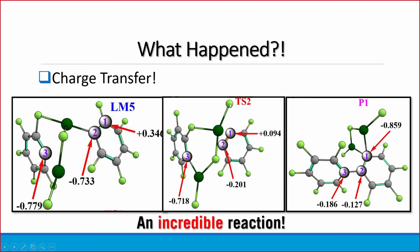magnesium is able to rip off a fluorine, and ultimately these separate. So we now have two molecules really, and we only have one Grignard reagent remaining, a Grignard reagent and an aryne. Now the aryne is reacted upon by the Grignard reagent, and what happens is the nucleophilic center, the charge center, transfers from free to 1. So now we have a new Grignard reagent. So the charge transfer happened basically free to 1. So as we form the bond of free and 2, we transfer our electrophile onto 1, and we re-prepare a nucleophile. So we've regenerated the nucleophile, we've made a carbon-carbon bond and made a new nucleophile that's ready to react